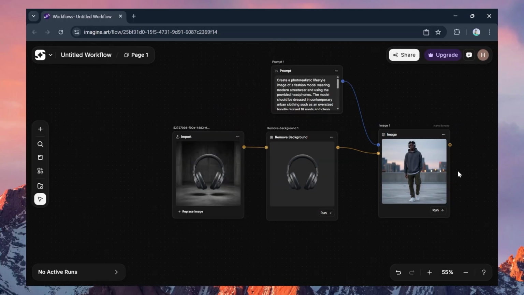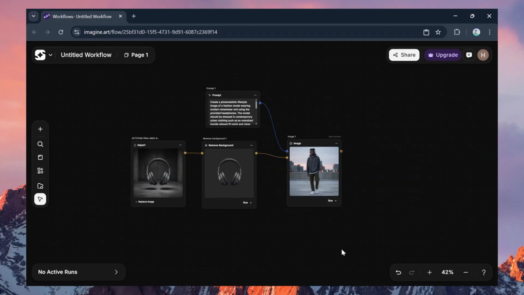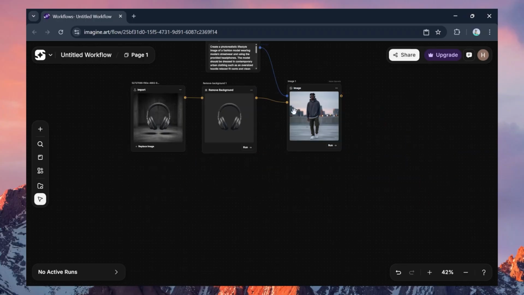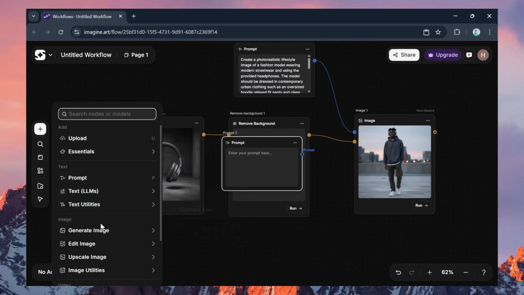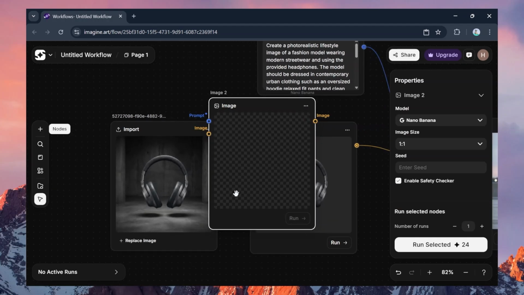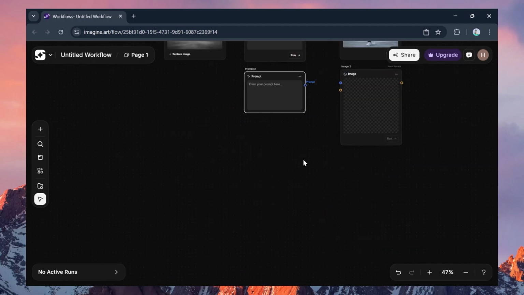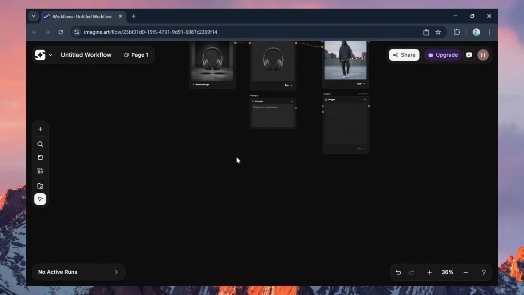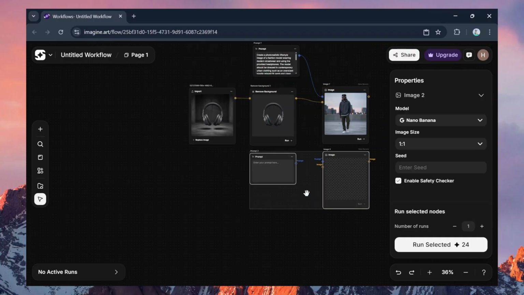Now all you have to do is describe 3 to 4 prompts according to your brand visual identity and create images like such. So I'm going to add in one more prompt and add in one more generated image and just lay them here and copy them again to create multiple images and prompts. So to do so, I'll select both of them and duplicate them by clicking on Ctrl C and Ctrl V